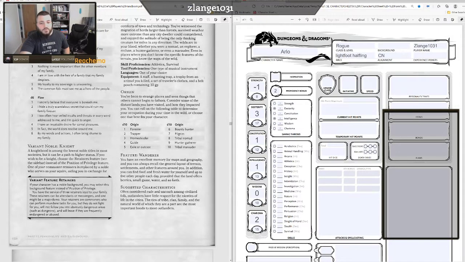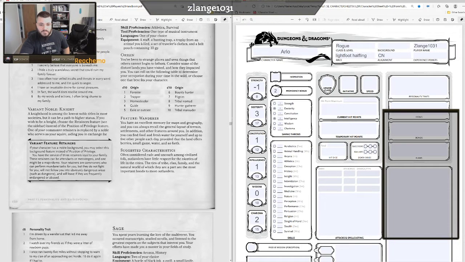Origin. What were you doing beforehand? You could be a bounty hunter, a pilgrim, a hunter-gatherer. A hunter-gatherer! Perfect for Rangers. We're playing a rogue. Any of that stuff. Feature, Wanderer. You have excellent memory for maps and geography, and you can always recall the general layout of terrain, settlements, and other features around you. In addition, you can find food and fresh water for yourself and up to 5 other people each day,